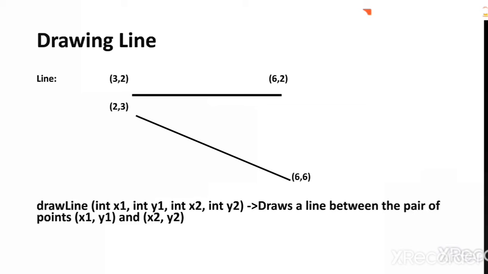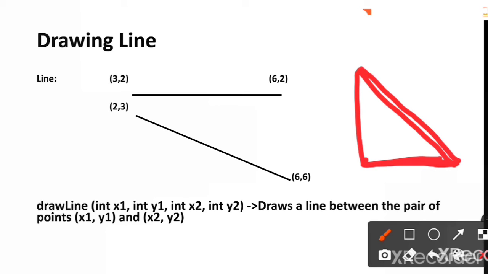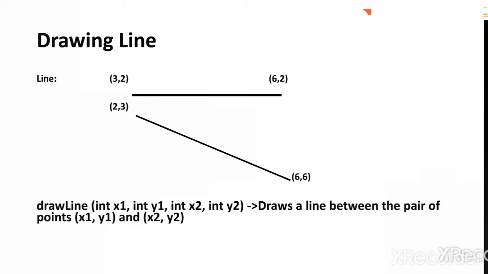Once you learn how to draw a line, you can easily construct any shapes formed by straight lines. For example, you can easily draw a triangle by calling the drawLine method 3 times. Okay, so that is by drawing this line first, and then drawing the second line, that is this line, and then finally connecting these 2 line points will form a closed shape, that is a triangle. Similarly, you can draw any shapes constituted by straight lines, but you have to be very careful while choosing the end points.